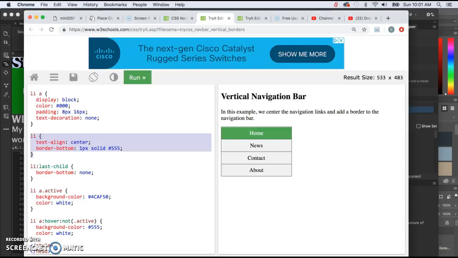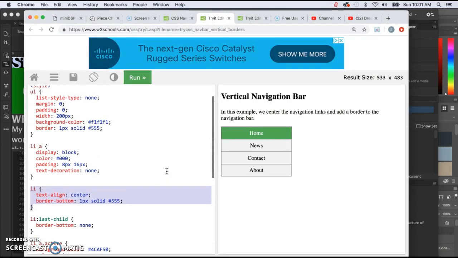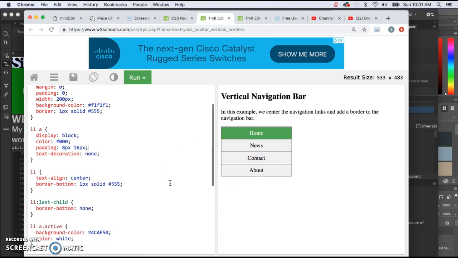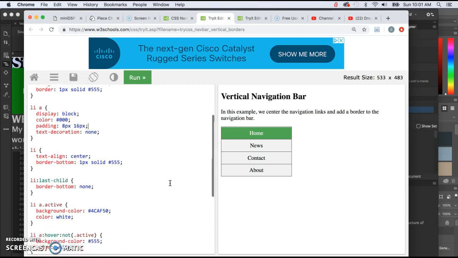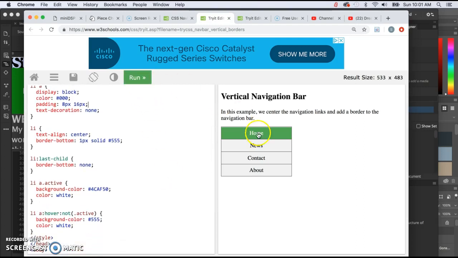While we're on this example at the W3Schools, I think it makes good sense to just point a couple things out to you. Let's say that you did have borders and you were having trouble figuring out exactly what's what. Remember that you can go in here and change things and then click run and it'll show you what you're doing. So if you're wondering why do they have a border on the list item